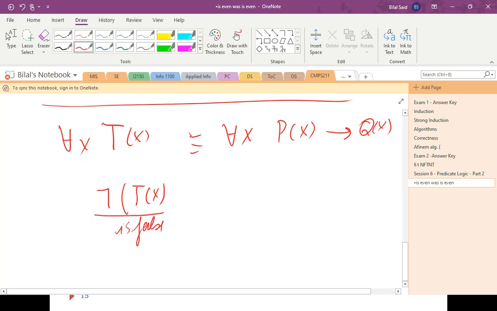And this is equivalent to proving that for every X, P of X and not Q of X